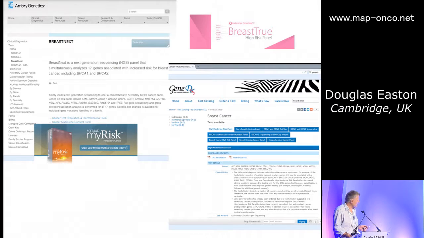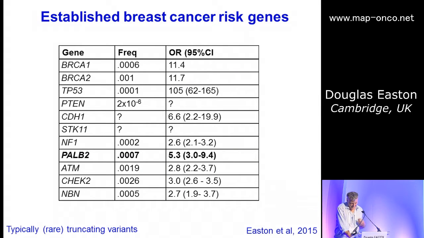And these gene panels vary a lot. So there's not very much consistency actually between what different companies offer. And one of the challenges here is that the data for these other genes is actually rather poor. Many of the genes which are on panels, the evidence that they're associated with risk is actually rather limited. And one of the main challenges at the moment is to try and extend the idea of the SNP panel, SNP testing, to these other genes and applying this on very large scale